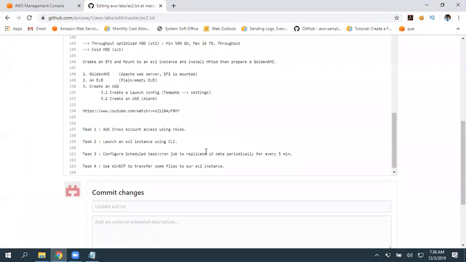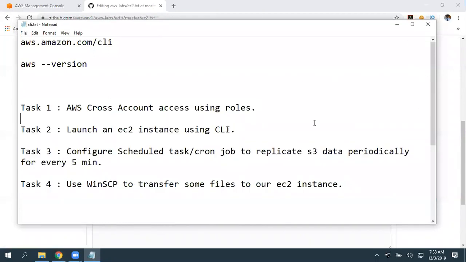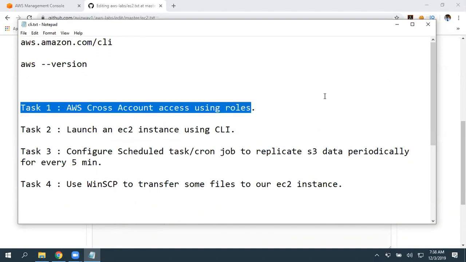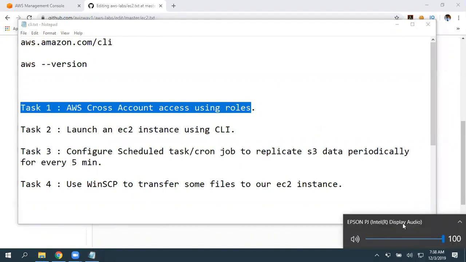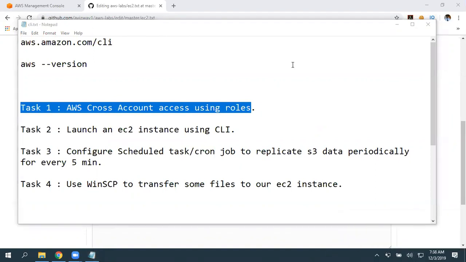Did you get any chance to perform that cross account access? What are the resources you have in account one? Have you tried to share that with another AWS account and have you verified that?